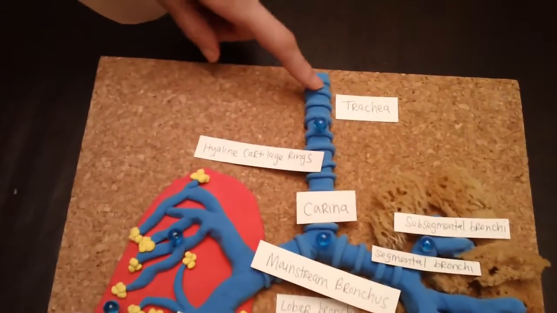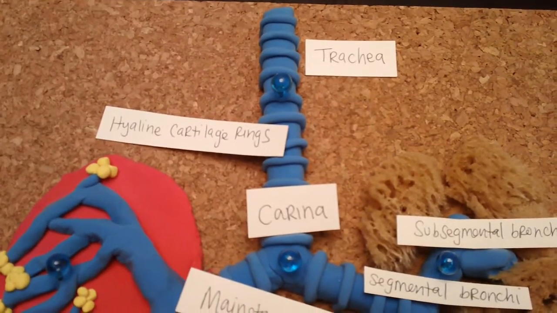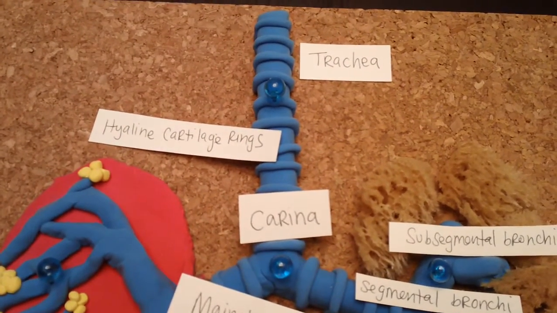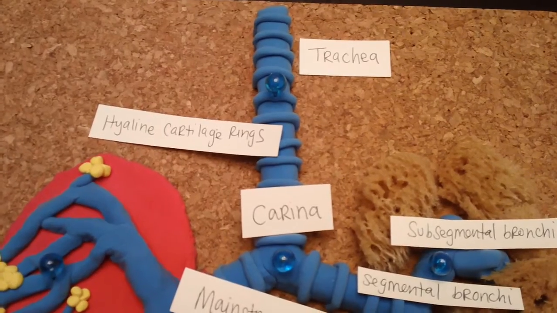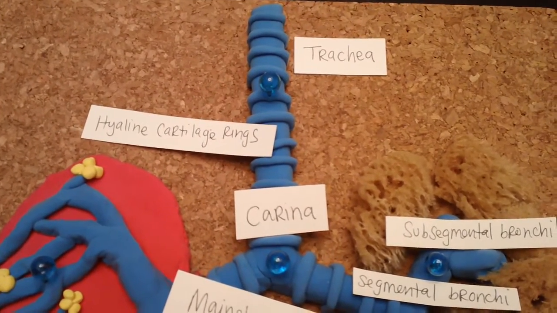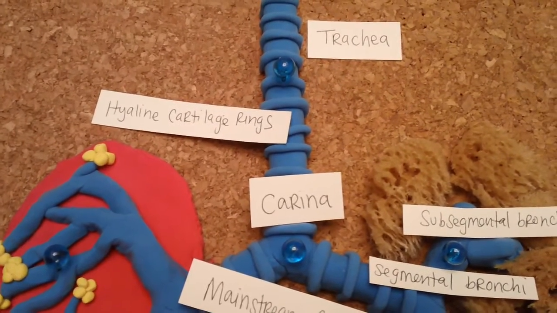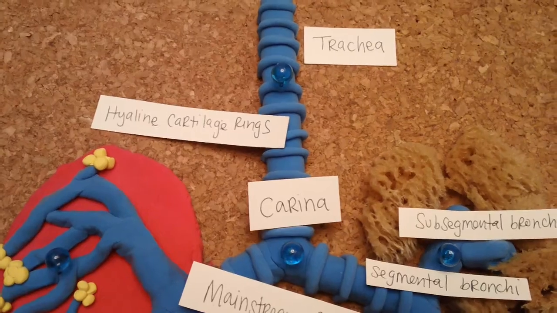It is a flexible tube that is covered with 16 to 20 hyaline cartilage rings. My model does not account for all 16 to 20 rings, but I think you can understand the concept. These hyaline rings provide support for the trachea. These rings do not go entirely around the trachea and are not present in the posterior of the trachea to